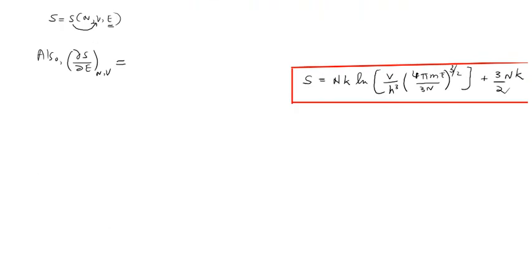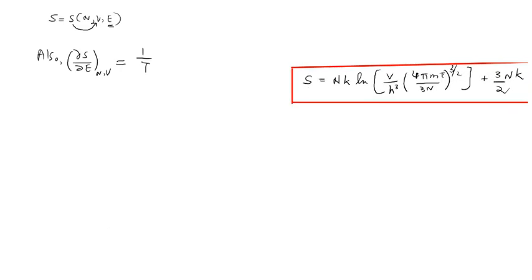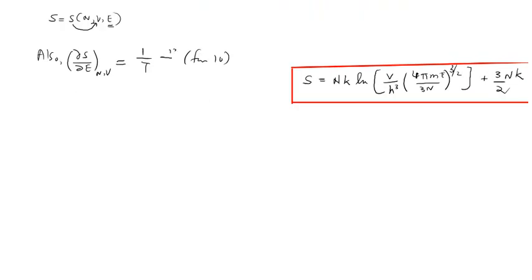It's equal to 1 by T from equation number, what is the equation number that we have given? Please, equation number 10. From equation number 10. So let me call this one some other continuous equation number, let's give equation number 30. So I'm calling this one equation number 30. And you can get dou S by dou E at constant N, V from equation number 9 also. From 9,